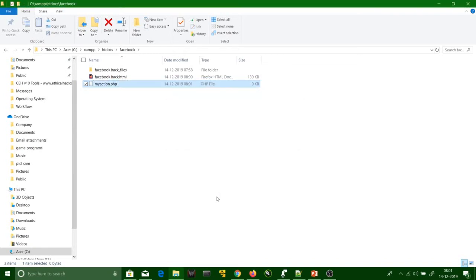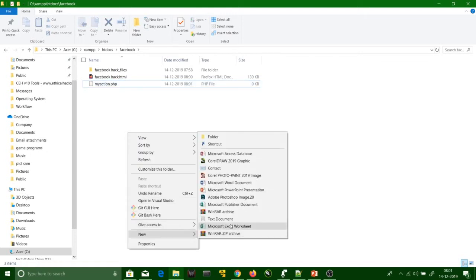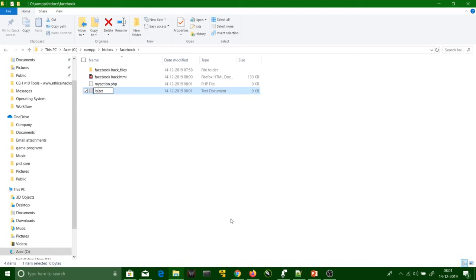Okay, and with the help of this script I want to store all my passwords in one text file whose name is log.txt. So these are the three files.